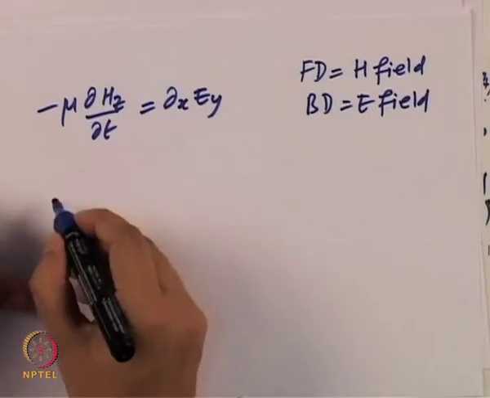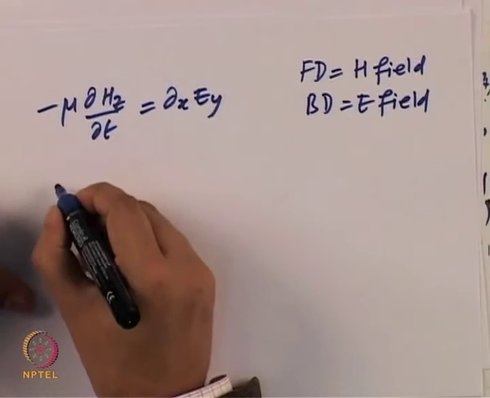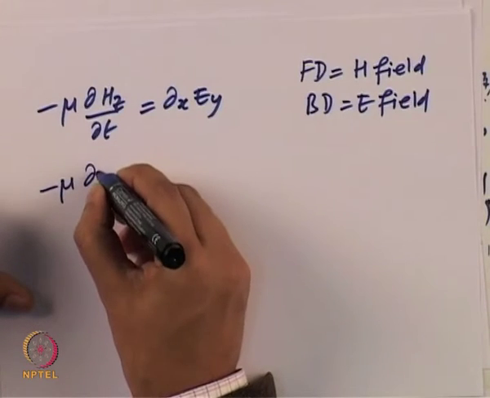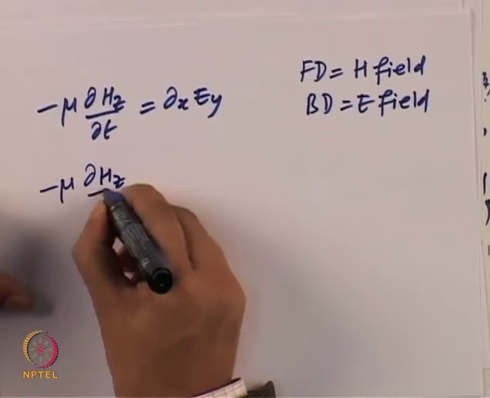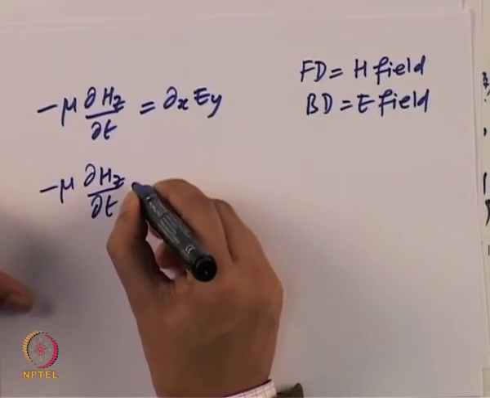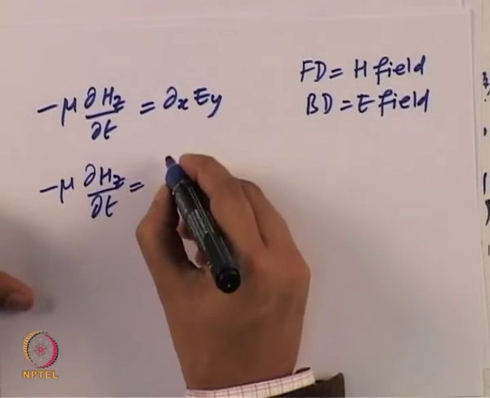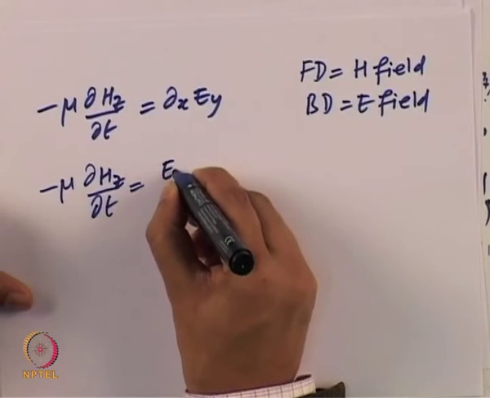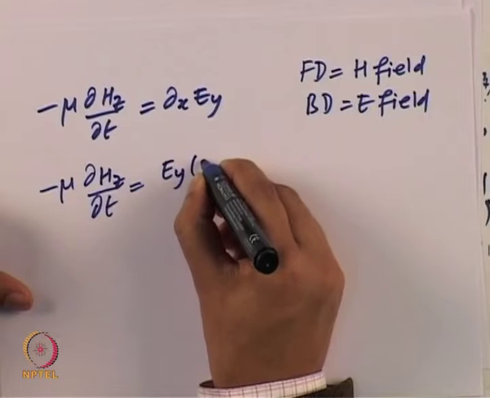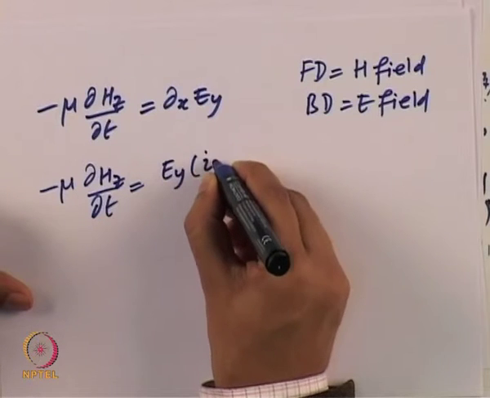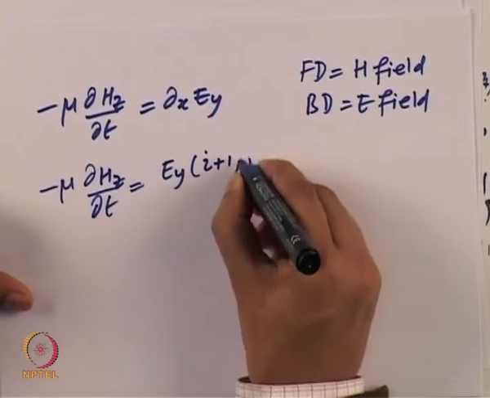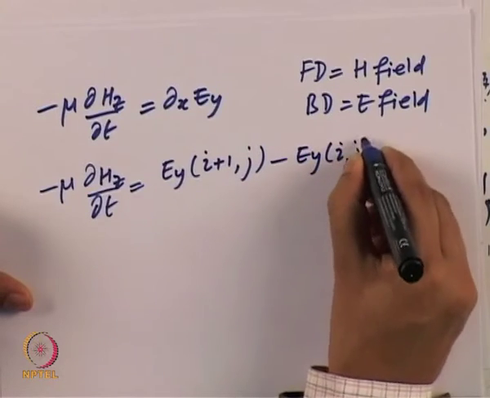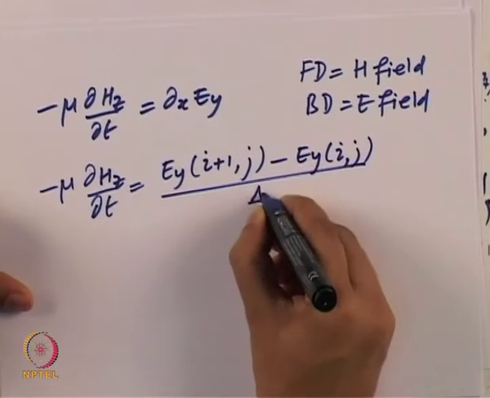So in this case for the H field we will do forward differencing. So what we have is minus mu dou Hz dou t is written as Ey(i+1, j) minus Ey(i, j) divided by delta x,